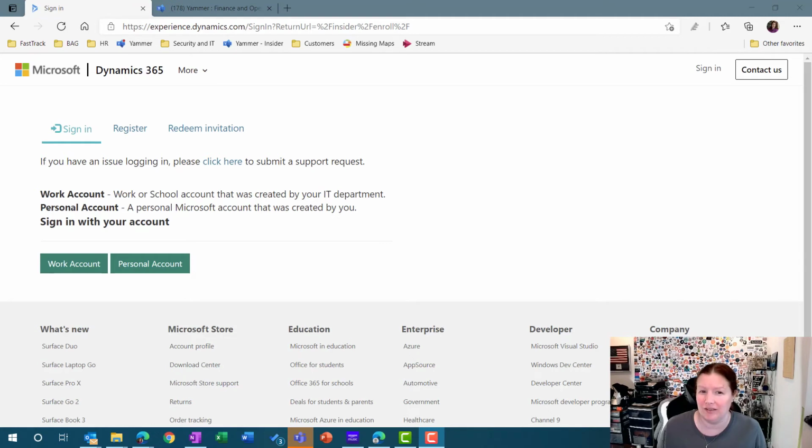So you're going to want some demo data if you want to play around with it, kind of see how it works. And we suggest that you do this in a development or test environment. And then, when you're ready to start configuring it for your needs, you can enable the feature in another environment without the demo data. But to get access to the demo data, you're going to need access to the Yammer site. To get access to the Yammer site for the Insider program, you're going to need to join the Insider program. If you're not already a part of the Insider program, you can get to that website by going to